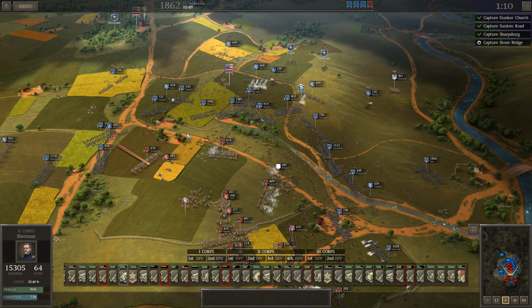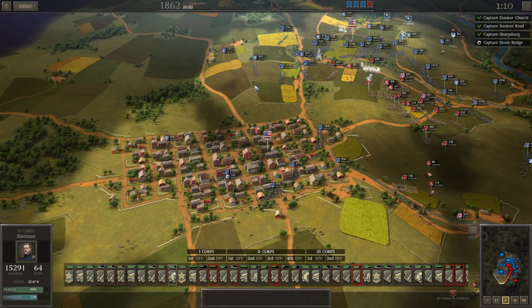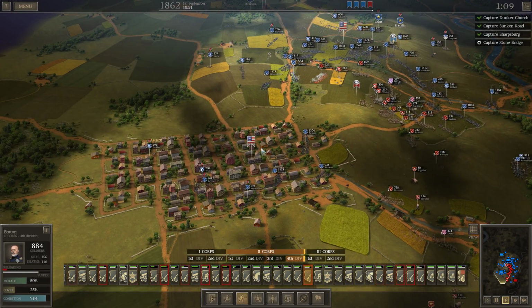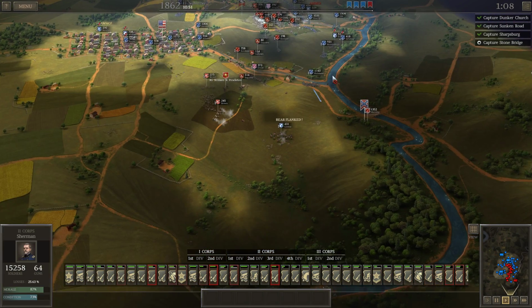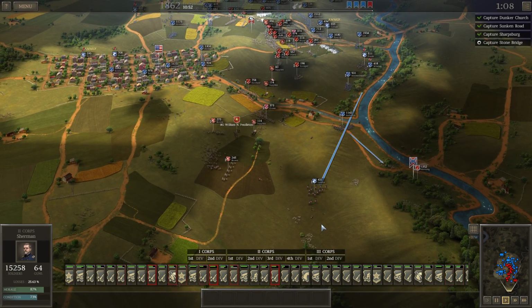Well, I guess General Hill has finally decided to show his face. Alright, we need more troops in Sharpsburg itself. Things are a bit... we need to get out of here. Wait, where's the...